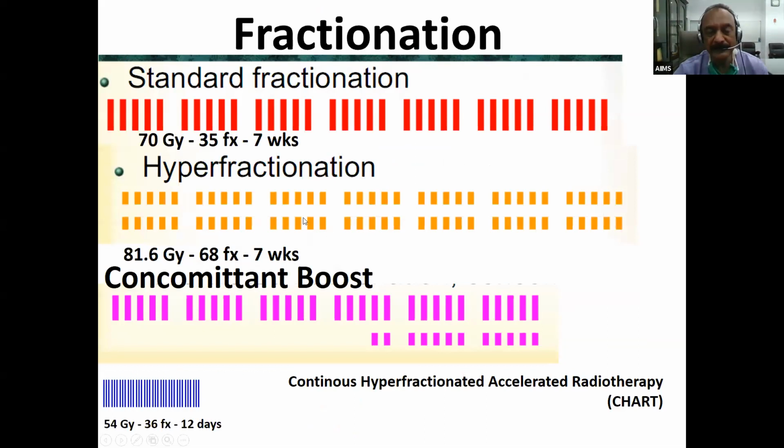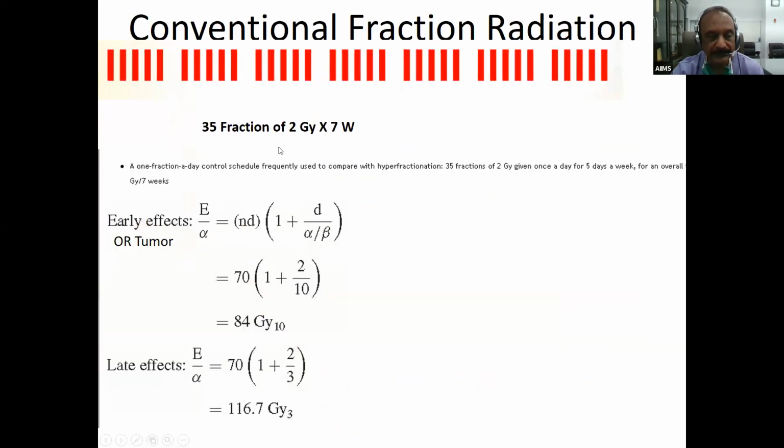We have used many fractionation schemes like hyperfractionation, concomitant boost, continuous hyperfractionated, and of course the standard fractionation. So let me first look at the standard fractionation. This is the fractionation which we use in head and neck cancer, 35 fractions, 2 gray per fraction, 7 weeks overall treatment time. Now from this slide onward, I will calculate the biological effective dose for tumor,